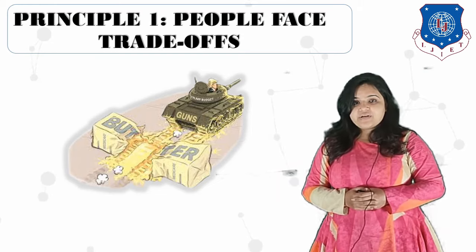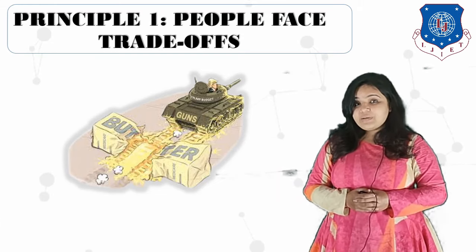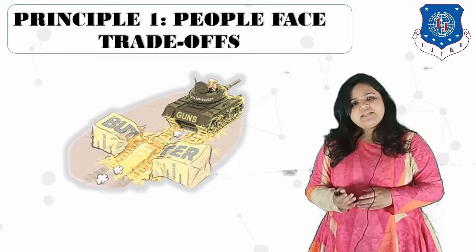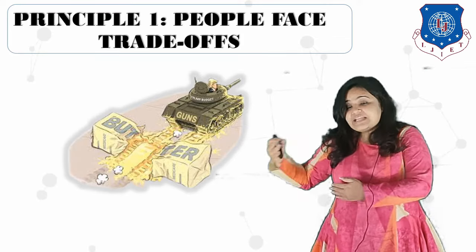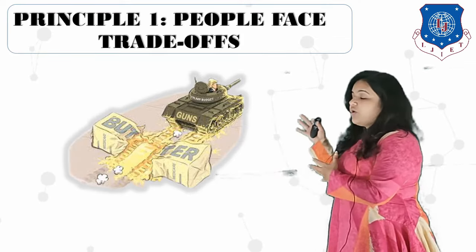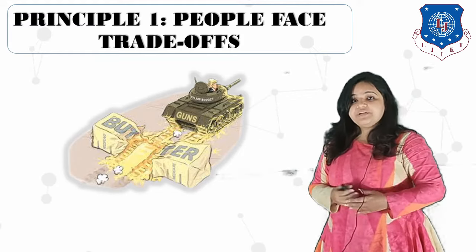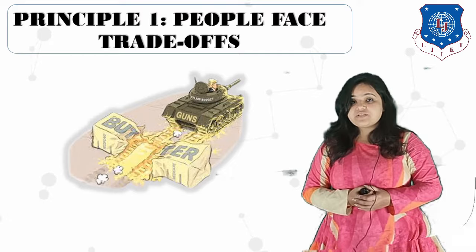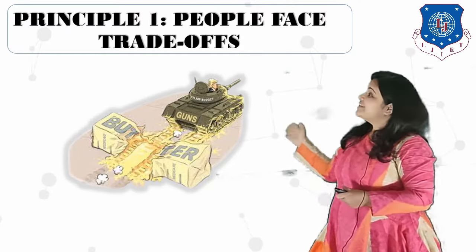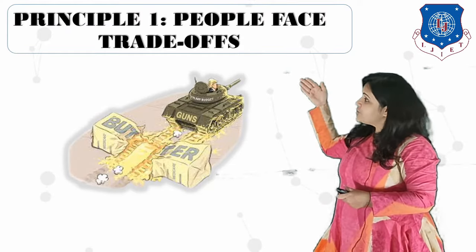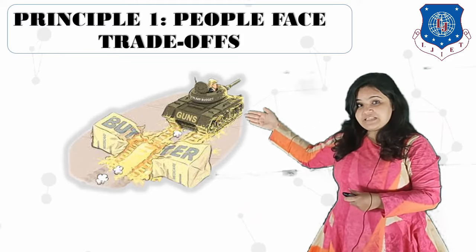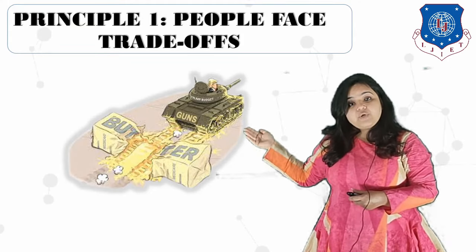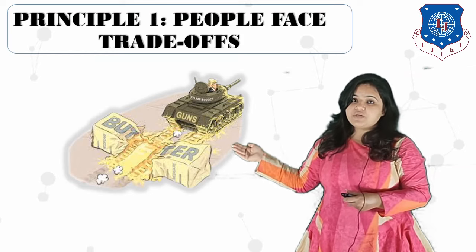This is a very important trade-off faced by the government, where the government has to decide whether to spend more money in strengthening the military or the power on the borders of India, or whether to spend more money towards consumer goods for its citizens. So students, here the trade-off is whether the government should spend more money towards purchasing weapons or spend more money towards manufacturing of consumer goods.